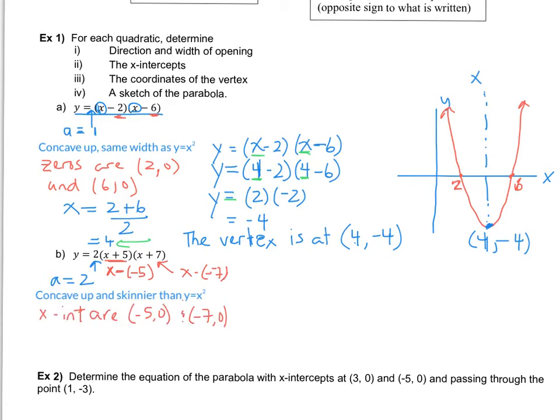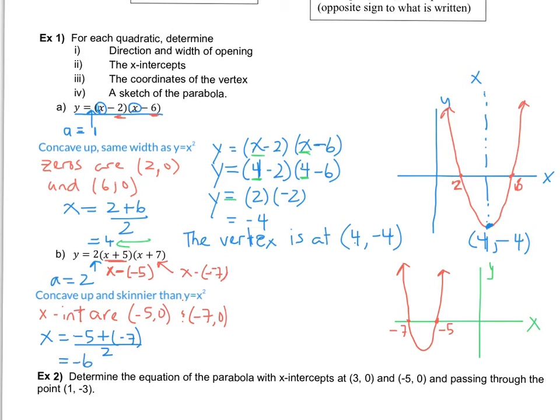All right, so we could sketch those on a grid, and then we can determine our x coordinate for our vertex by finding the midpoint. So to get the x coordinate of our vertex, we'll have negative 5. We're going to add negative 7. That's going to give us a negative 12. And then we're going to divide by 2 to get negative 6. Now that we know the x coordinate of the vertex, which makes sense, the x coordinate of the vertex is halfway between there, we're going to sub that value into the equation and solve for the y coordinate of the